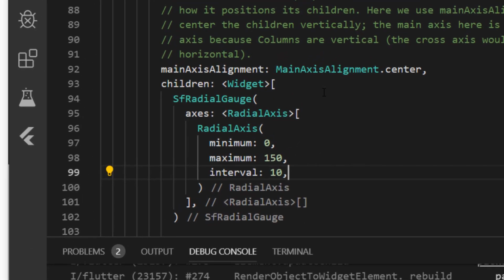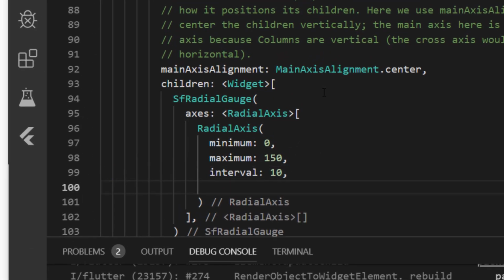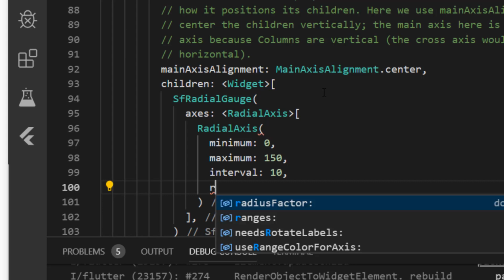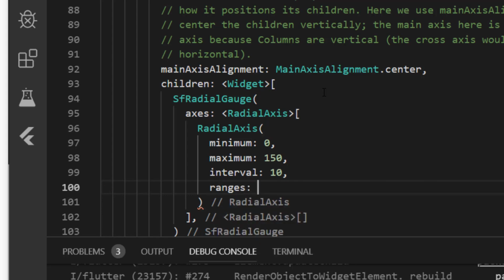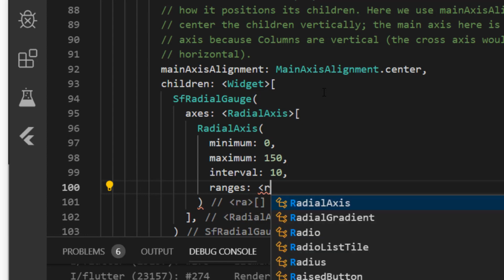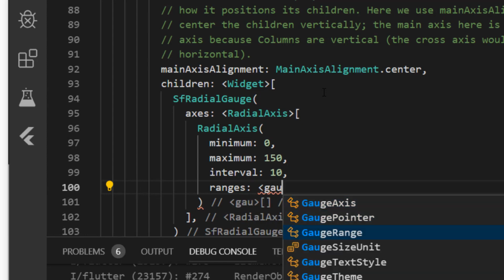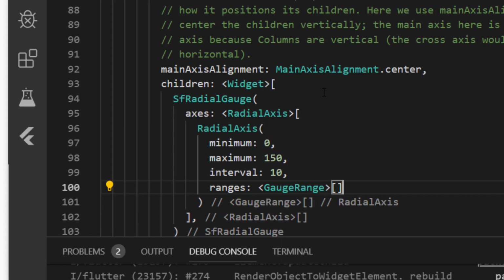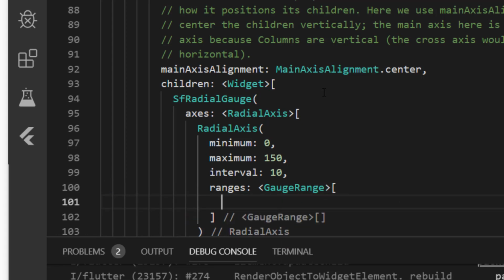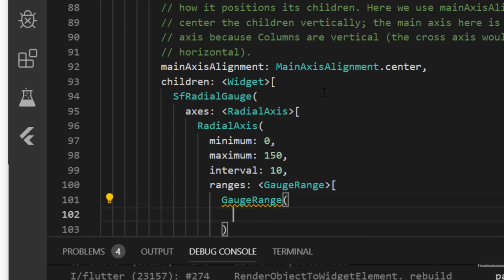Next, I'm going to set the range for this axis. You can add any number of ranges to the axis, and you can customize each range with different colors. So I am going to set the ranges, which is of type GaugeRange.